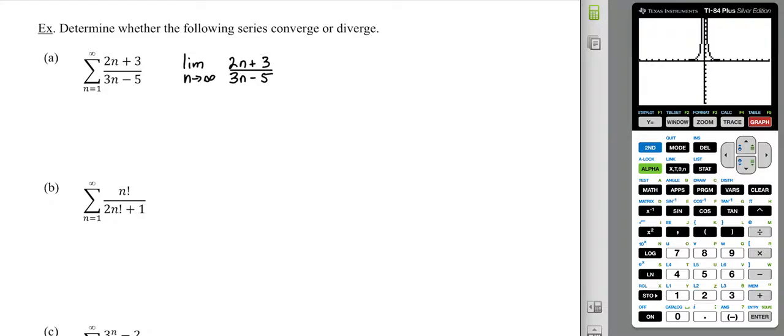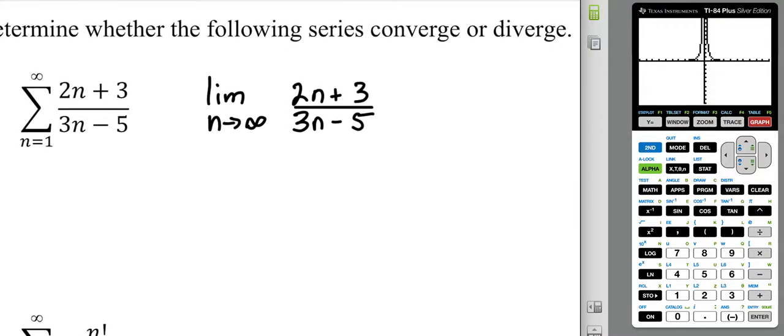All right, so let's take a look. I'm looking at two exponents that are the same. If I plug in infinity, I can see that it's indeterminate, so infinity over infinity. So we would probably want to apply L'Hopital's rule, unless you're using the horizontal asymptote shortcut, which would be just to take the ratio of the leading coefficients. But just so I can hit that concept of L'Hopital's rule again,